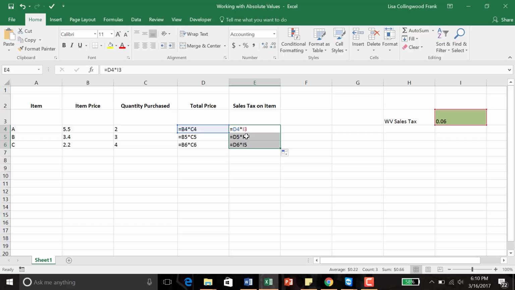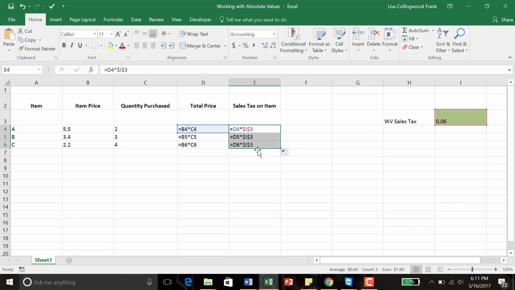So what I want to do is to delete those, and then if I click, easier said than done, if I click between the column heading and the row heading, and now if I press F4, it puts those dollar signs before the column heading and the row heading. I've made that absolute, and I'm going to press enter. So now when I copy this down,